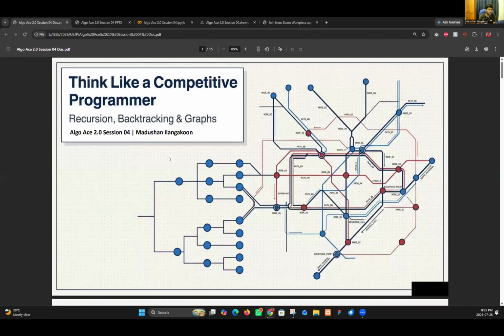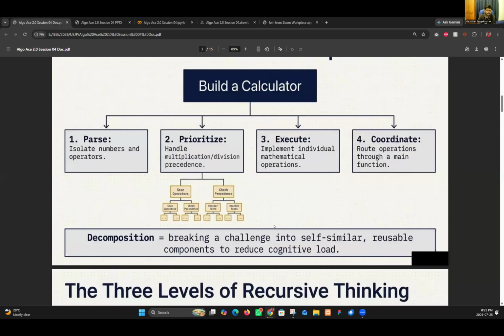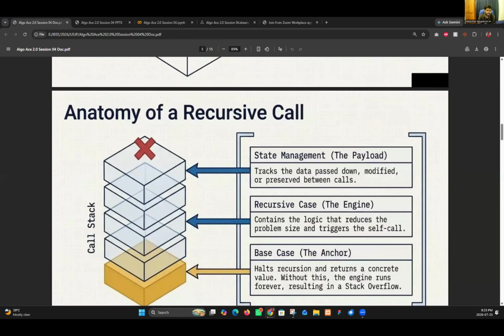You will get this document as a reference document. I made this to encourage you, with a few graphs and all that. Once you get it, you can go through it.